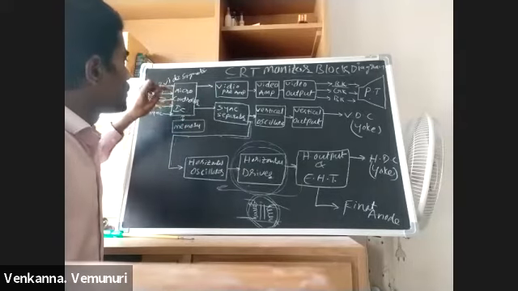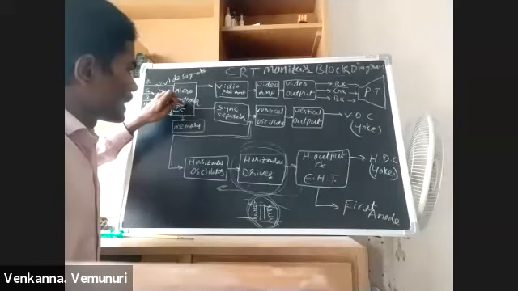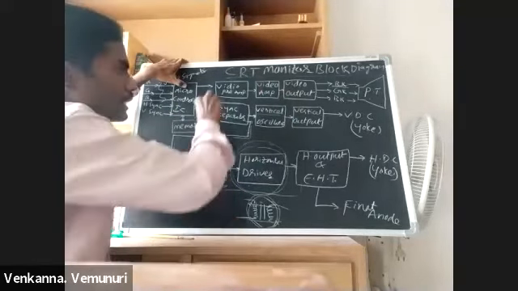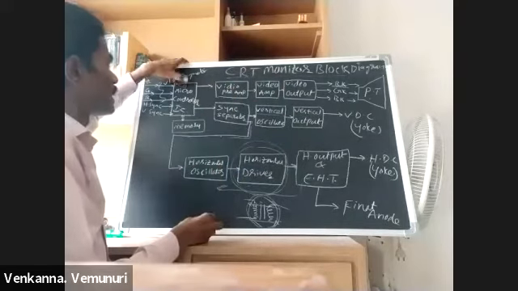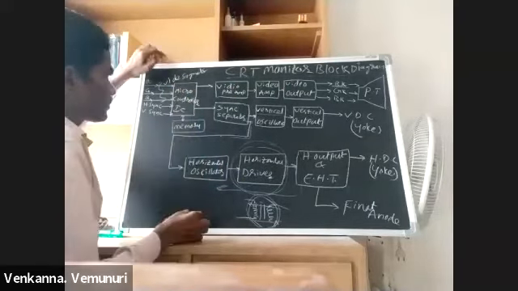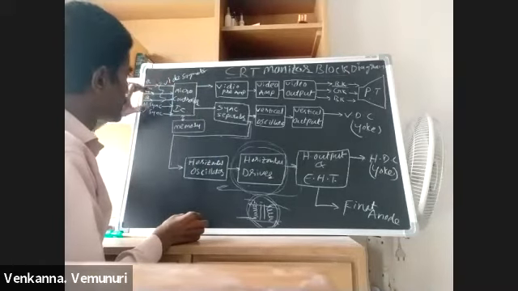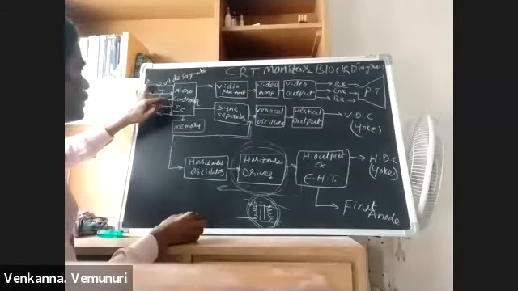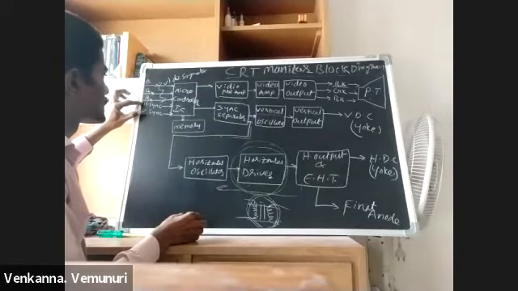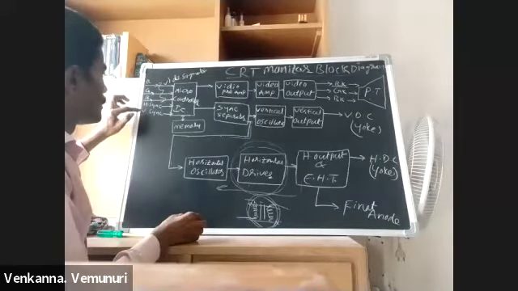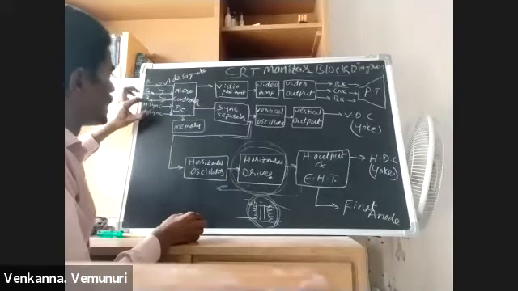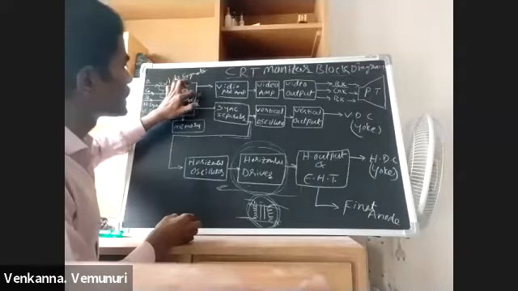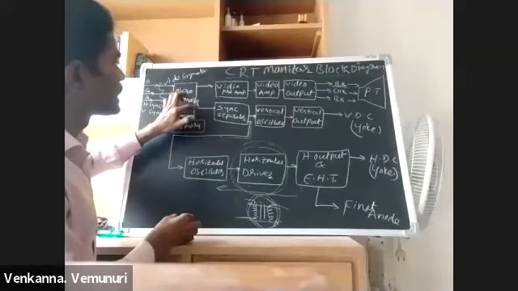That means this microcontroller section is monitoring all sections. It is controlling each and every section. First, this microcontroller section receives signals from the CPU. First it verifies whether the horizontal signal is in good condition, and whether the vertical signal is in good condition or bad condition. If these two signals are in good condition, only then it sends the video signals to the video section and the sync signal to the sync separator.